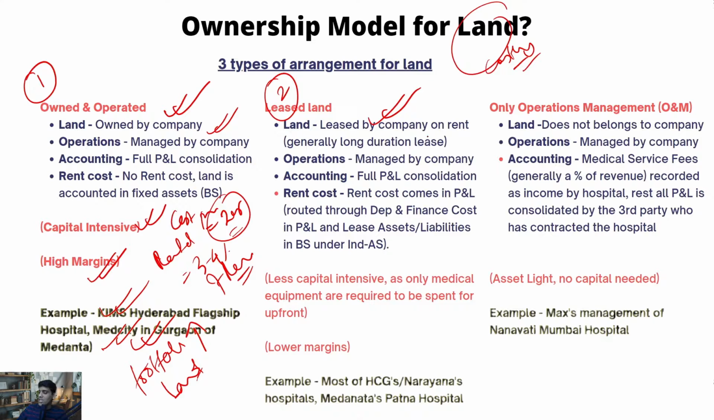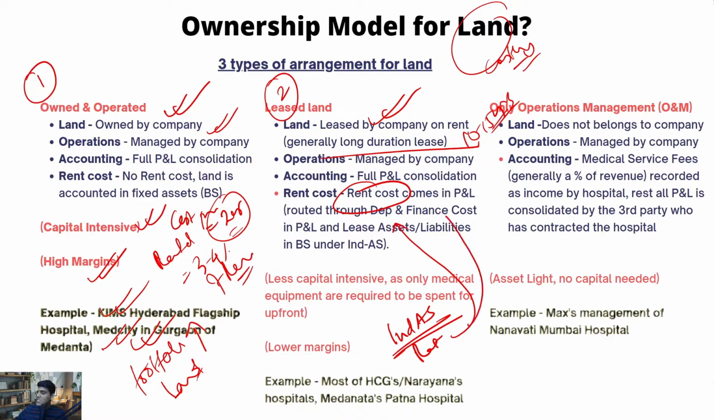The second type of model is when you take the land on lease. These are long duration lease. आप 10-15 साल के लिए lease लेके रखते हो. Business is then very simple. You bear the rental cost on an annual basis. But ये Ind AS करके accounting policy आया था, उसके चक्कर में आप जो भी rent pay करते हो, that gets reflected in the depreciation and the finance cost under the Ind AS accounting. Obviously on the balance sheet side you have lease assets and lease liabilities, but for the point of my analysis,